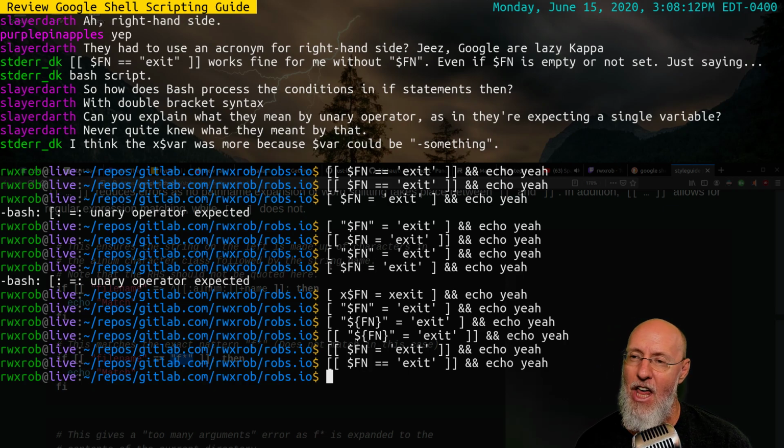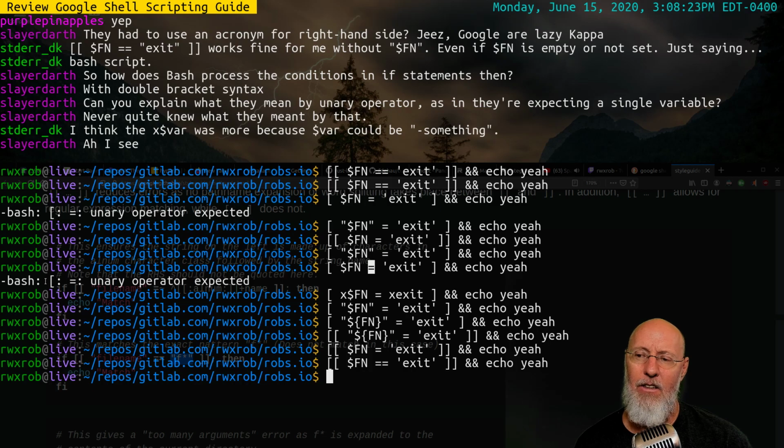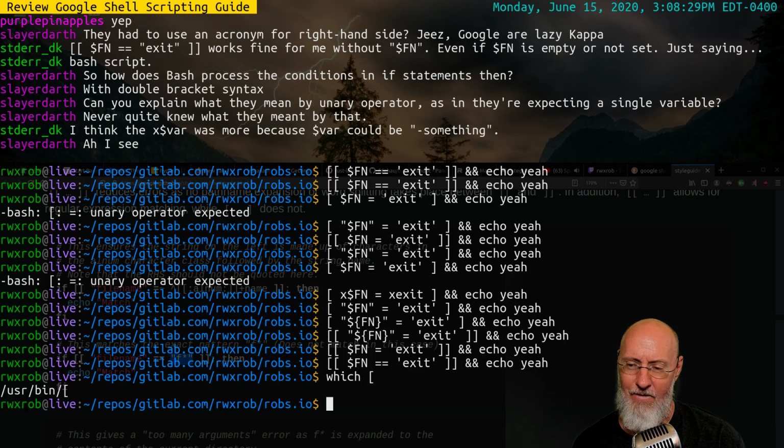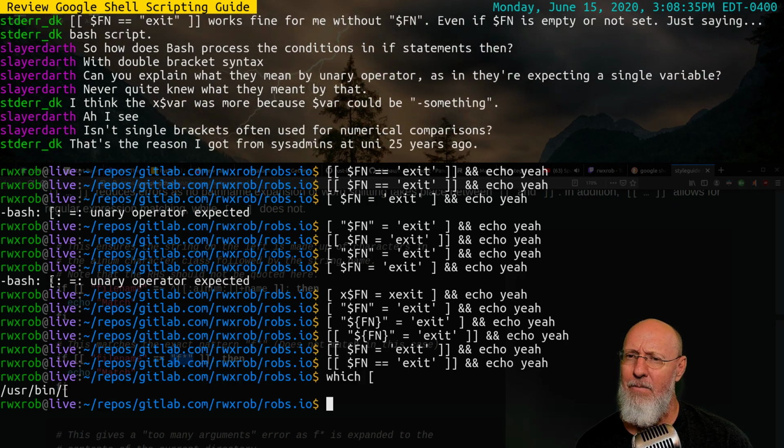And because there's nothing there, because the $FN is expanding to empty, that means it sees a bunch of empty, and then it sees a unary operator, and it's complaining because you don't have a left side. And this here, by the way, see this right here? This is really cool. Check this out. It's a command. A lot of people don't know that. So in POSIX shell,